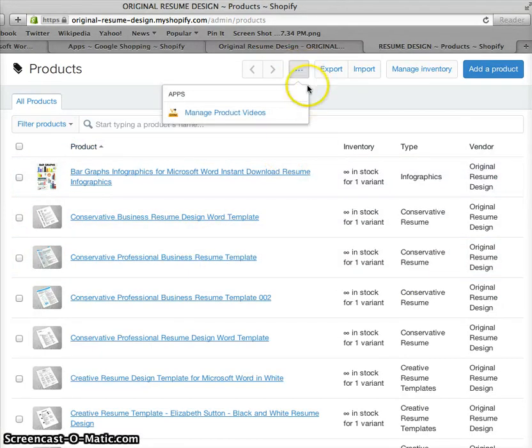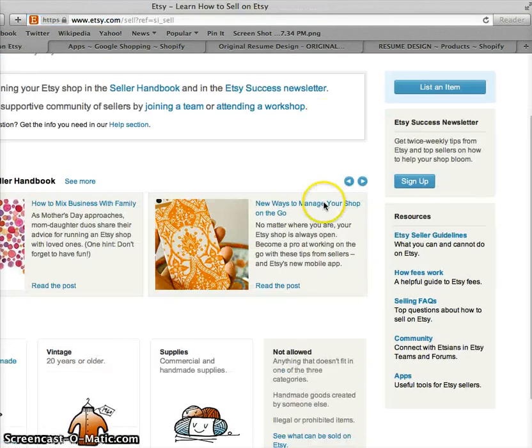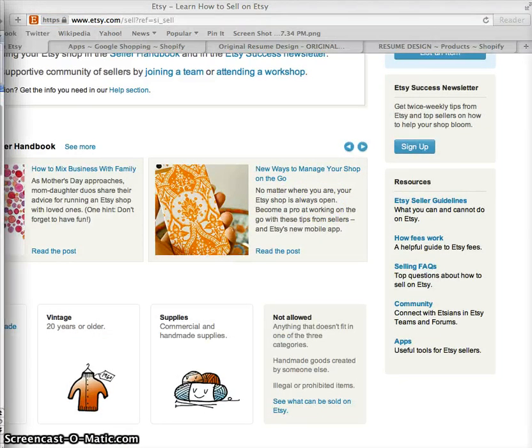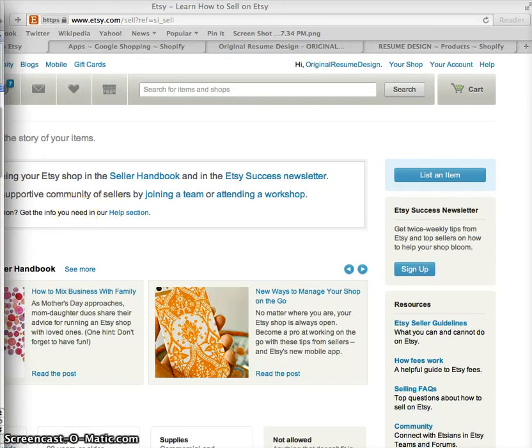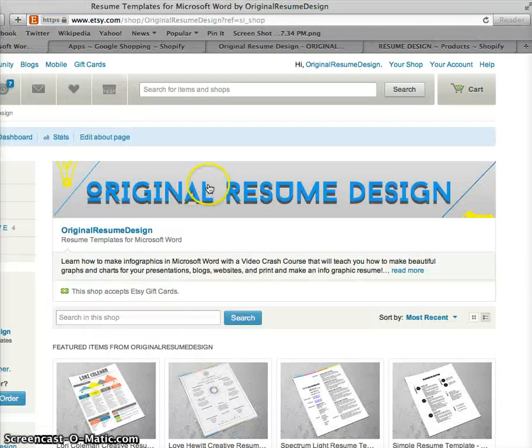And then this thing right here, it's really ambiguous and it's really no comparison to how easy it is on Etsy to sell that. So obviously Etsy is, I think, the best choice for a digital kind of upload backend system. So now I'm going to review the store itself, right? So on Etsy, I have,